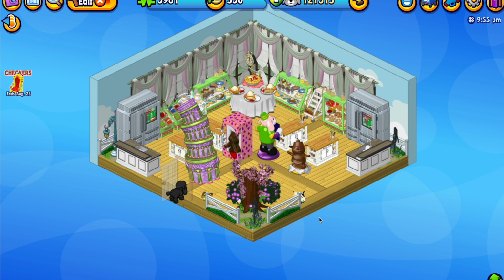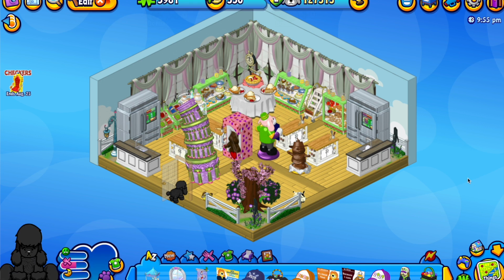So, the room I'm going to show you today is my Great British Bake Off room. This is my take on the tent, the competition space, and I have a few elements. The first one I want to highlight are these curtains. These are from the Victorian theme, I think, and I have placed these around the room to sort of emulate the tent. That was kind of the biggest challenge going into this room because I went in inspired by